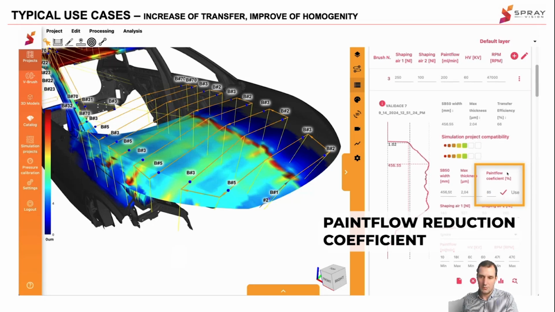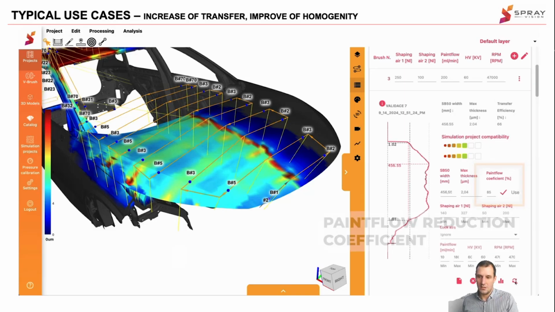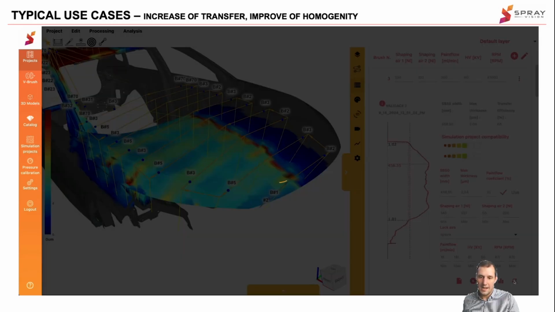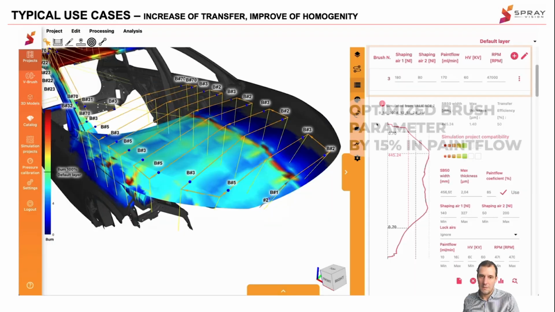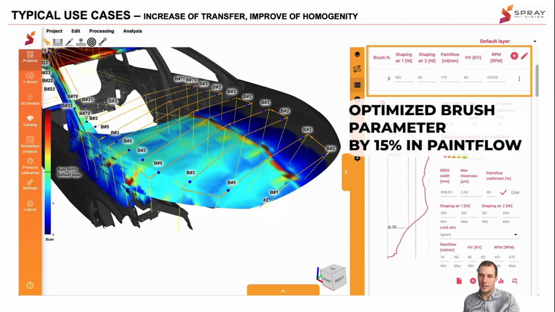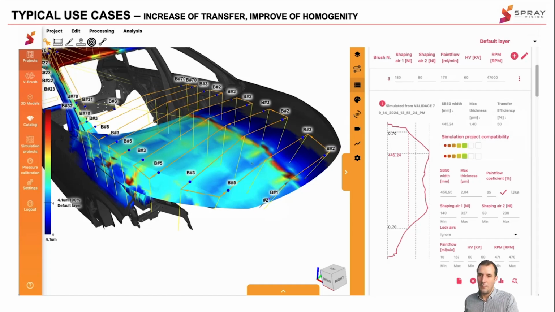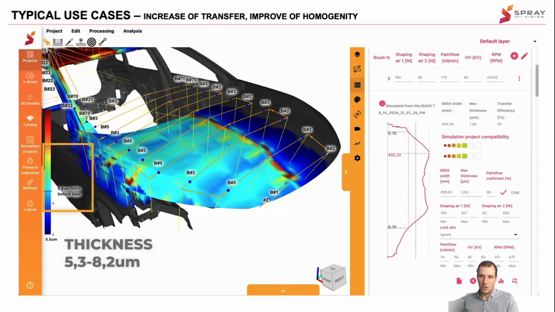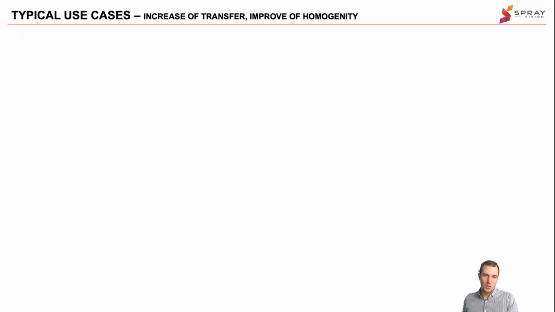consumption by 15%. So we reduce the paint flow coefficient by 15% and ask the software to recommend new parameters. And as you can see in the top part, it recommended different shaping guards than were set, and a lower paint flow for this task actually. And you see that the thicknesses are maintained and we are able to use lower paint